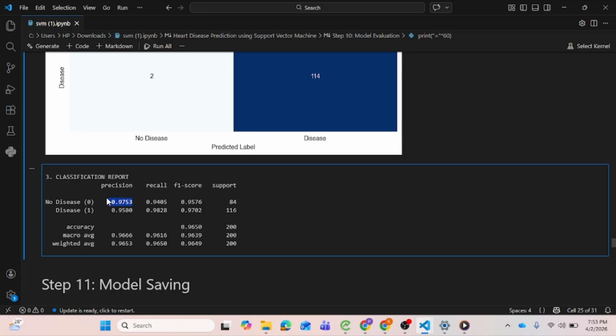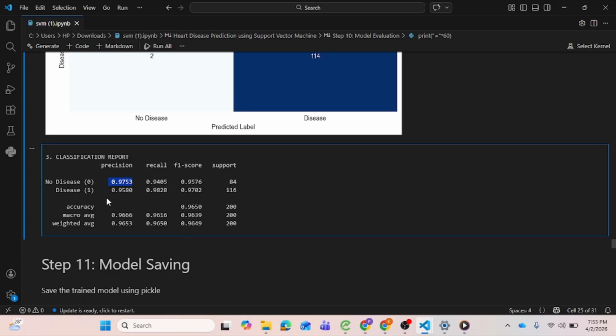Finally, we tested the model with simulated patient data. For instance, a 53-year-old male with specific vitals was correctly predicted to have heart disease with a 99 percent probability. In conclusion, by following a rigorous pipeline of cleaning, scaling, and training, where for scaling we used standardization,